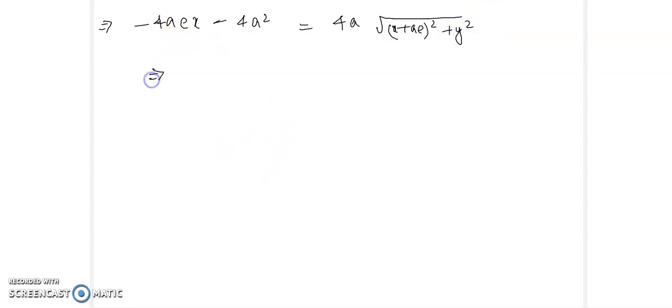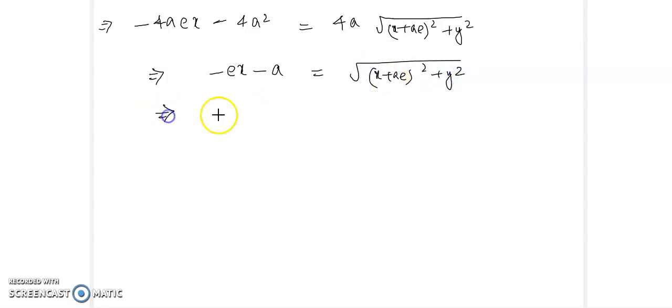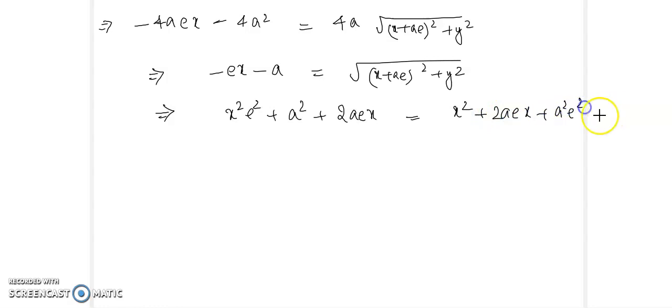The 4a cancels out, so that will give minus ex minus a equal to root of (x plus ae) whole square plus y square. Now upon squaring you will get x square e square plus a square plus 2aex. So that will be equal to x square plus 2aex plus a square e square plus y square. 2aex will cancel off. So this is what you are going to get. So x square (e square minus 1)